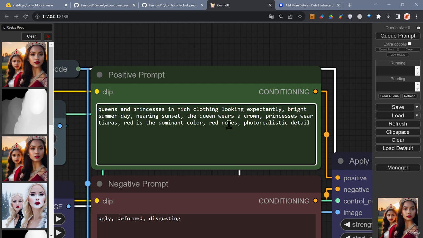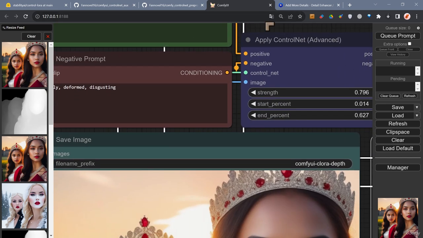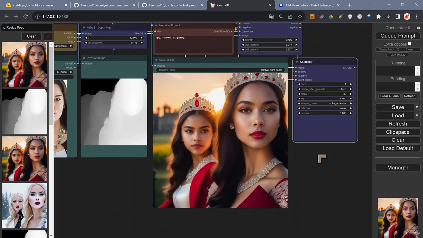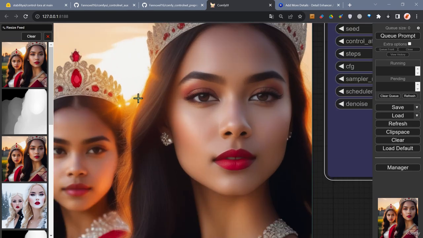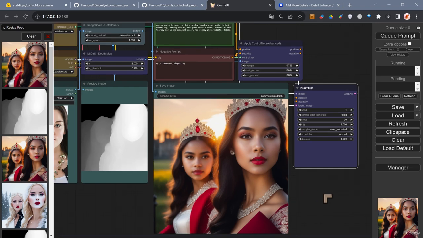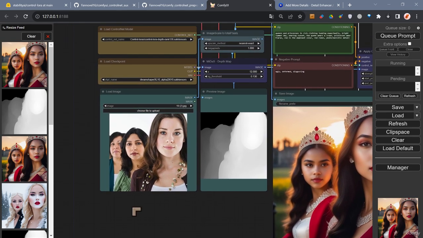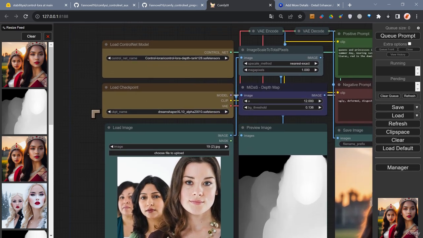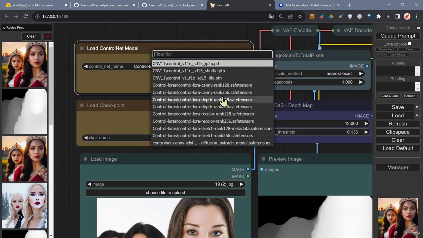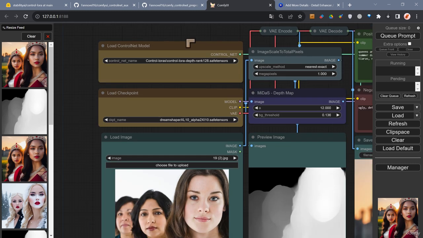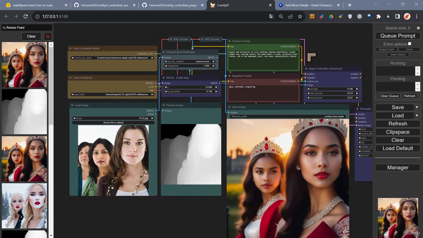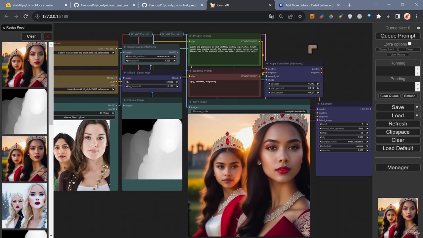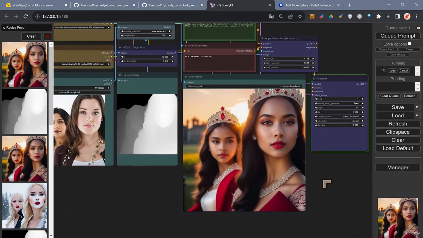detail. Okay, I like the image, but I want a little bit more detail, a little bit more rich clothing happening there. So you can see this sort of smooth skin. Let's see if we can work on that a little bit with that prompt. Now we're using Dream Shaper here, and we're using the control LoRa depth rank 128. We could try the 256, but honestly I don't think we'll get a good result from what I've seen so far. So let's run this one,